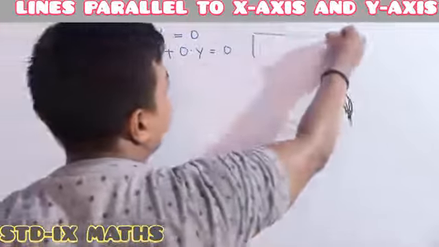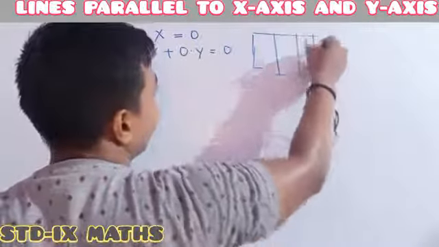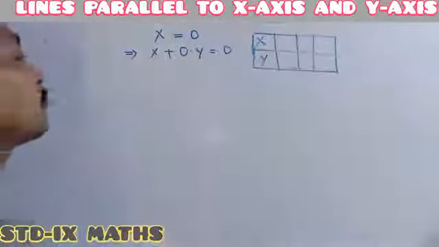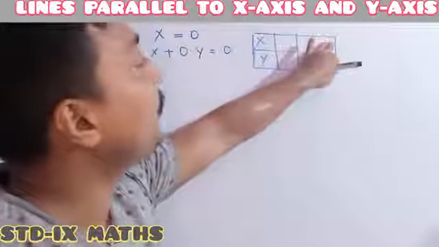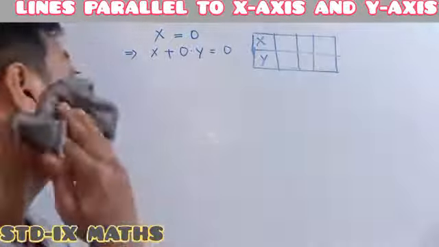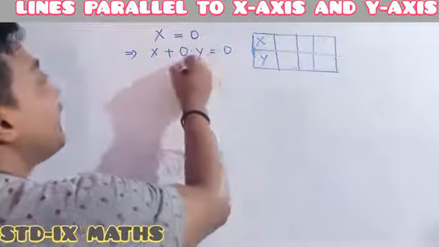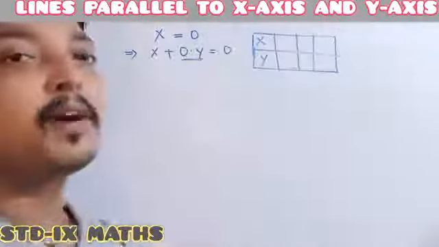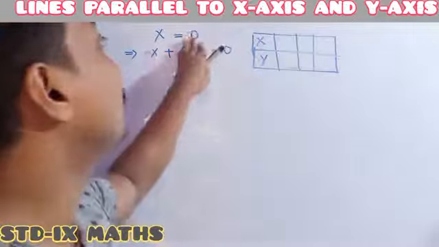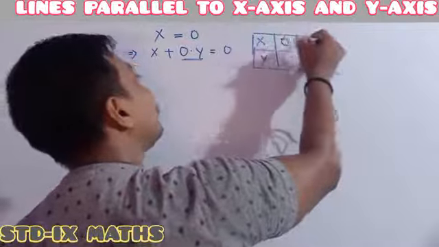First we have to formulate a table, just like we did in the last case. See, the upper one is x, the below one is y. Actually, any value of x you may put, correspondingly you can find the value of y. But here it is an easier one. Just see, as y is multiplied with 0, the easy formula you have to remember is that for any value of y you take, this term always becomes 0.